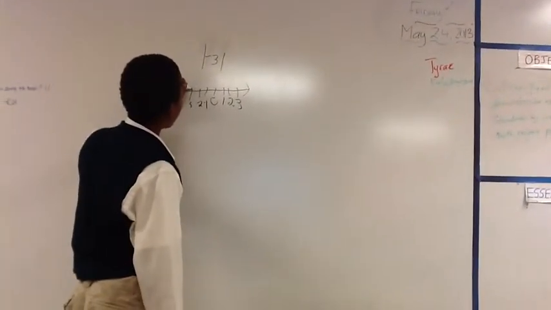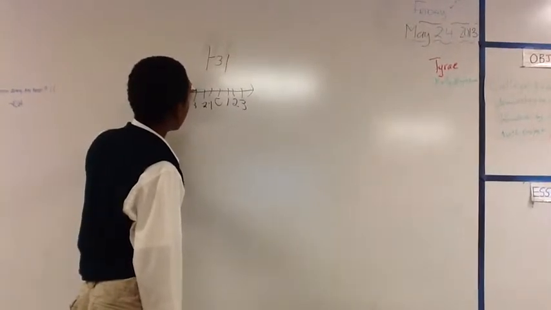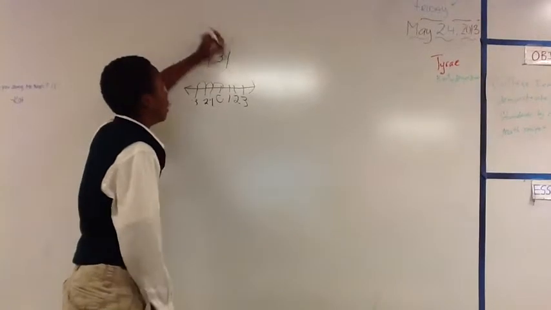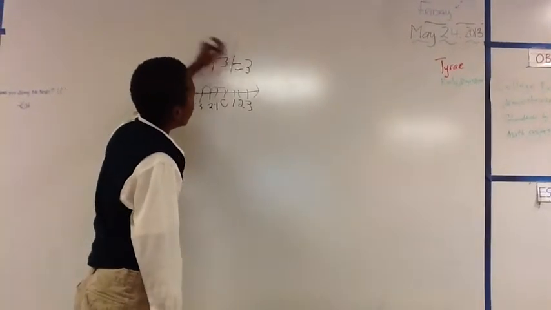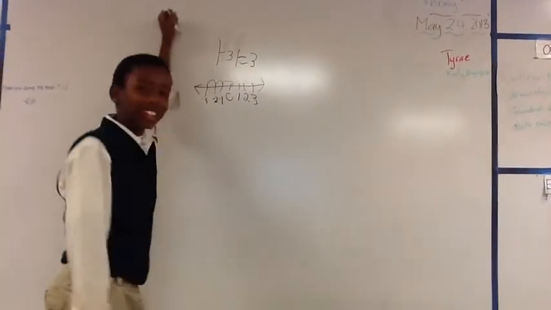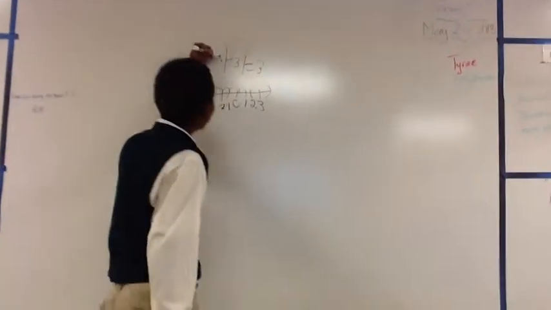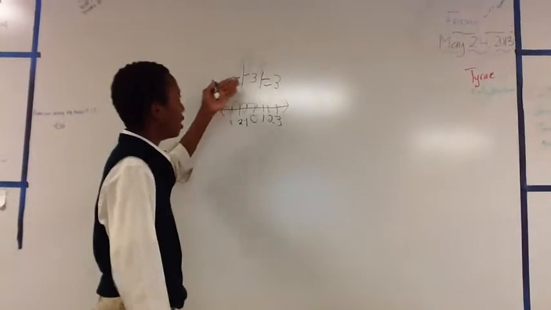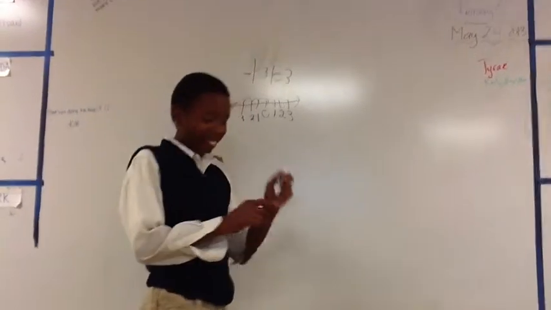So if I move 3 times, if I get to 0, then that's my answer. 1, 2, 3. So this equals positive 3. Now the only way your answer can end up negative is if you have a negative sign on the outside of the absolute value